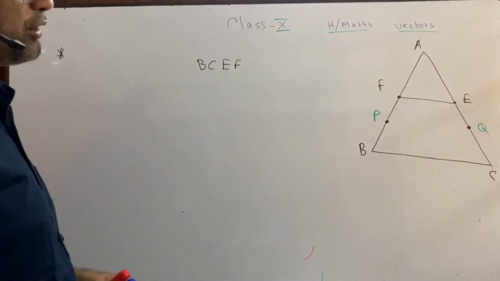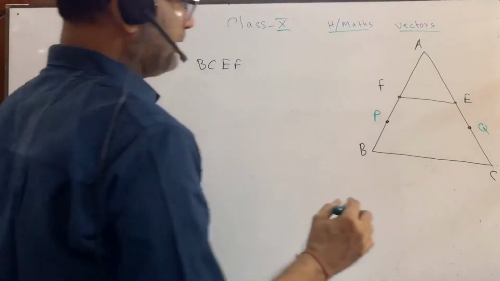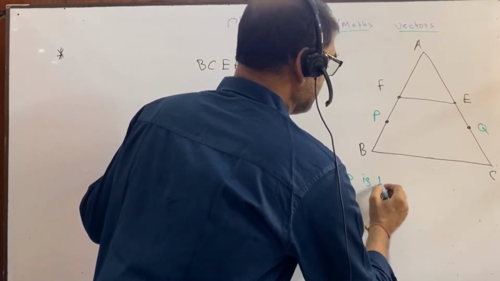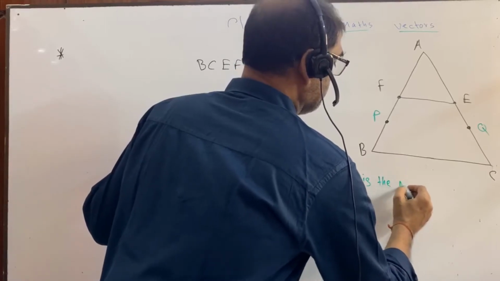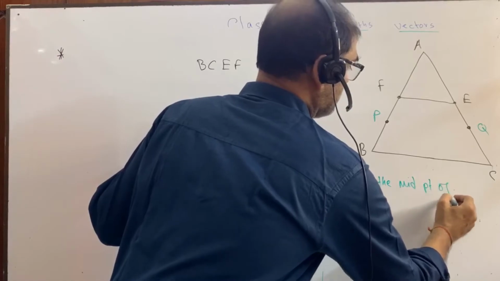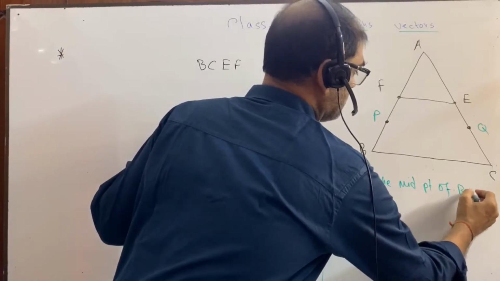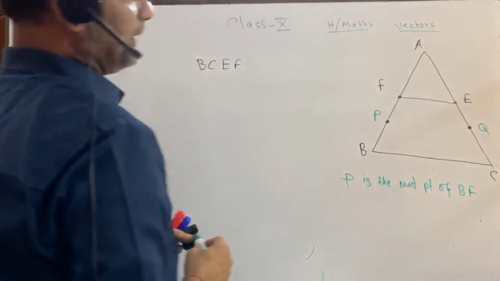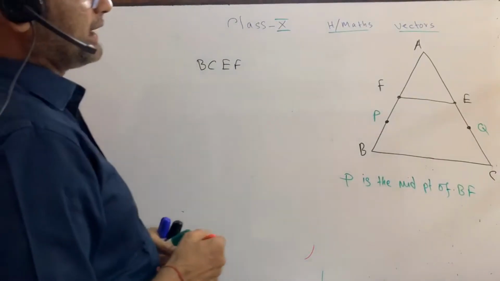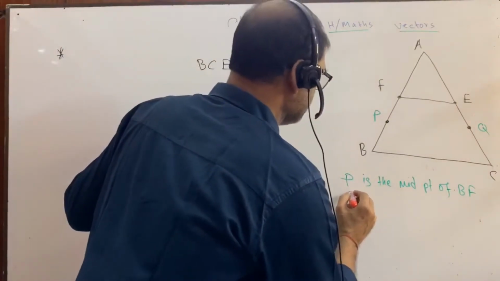P is the midpoint of BF. Write it down: P is the midpoint of BF. And again write down: Q is the midpoint of